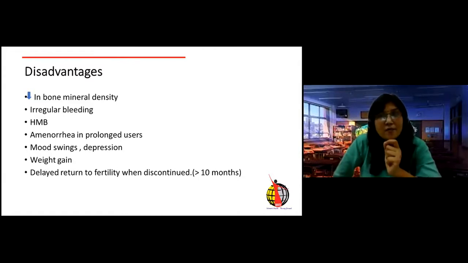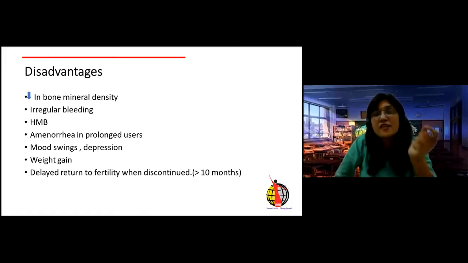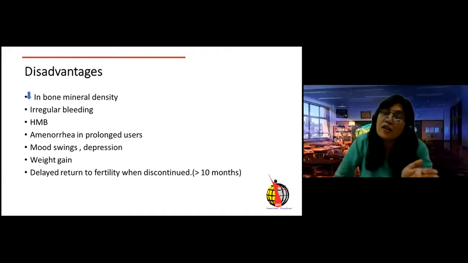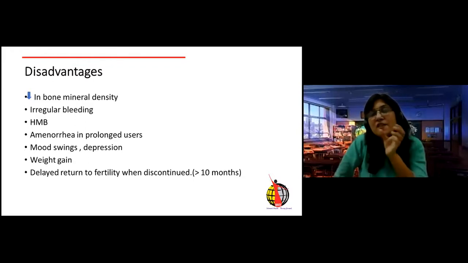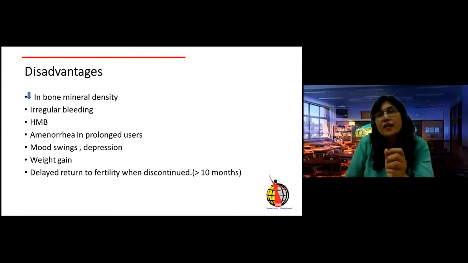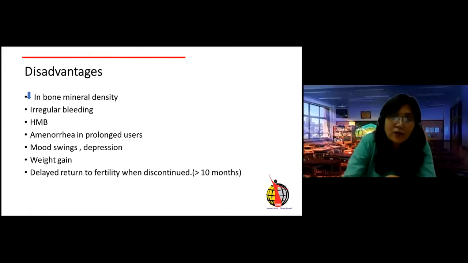Now, a question which may be posed to you is, is infertility common in these women? No, it is only that fertility returns after a period of 9 to 10 months. So even if the contraception is withdrawn, fertility takes a long time to come back, because ovulation takes a certain time period to return. So this is one of the disadvantages. If they are planning a pregnancy, then the stoppage has to be done, taking the prior 9 to 10 months into consideration.